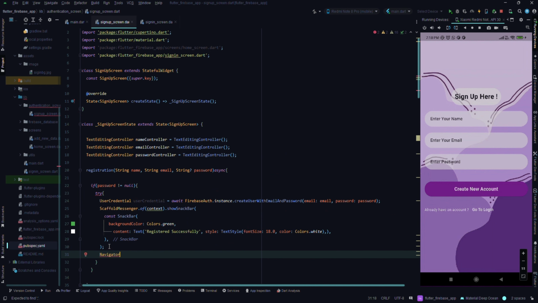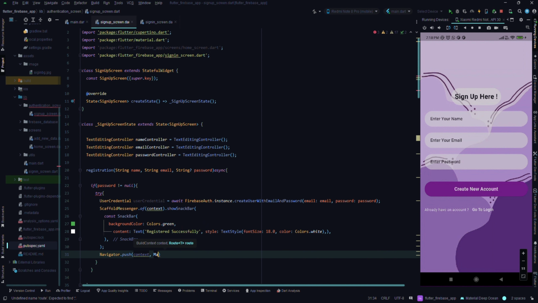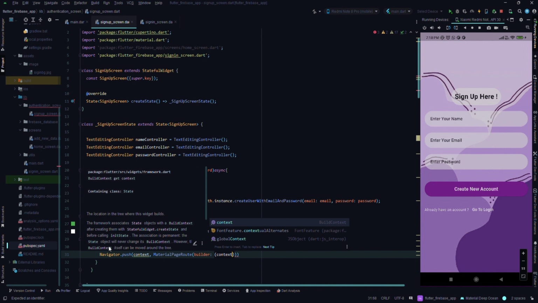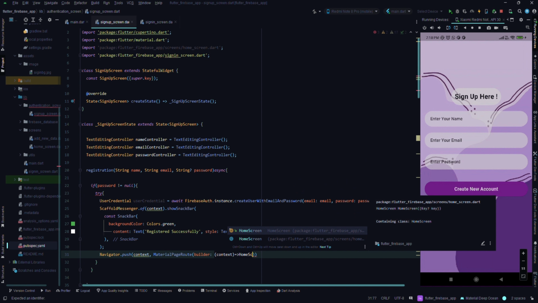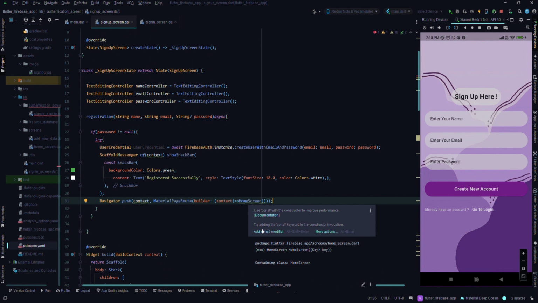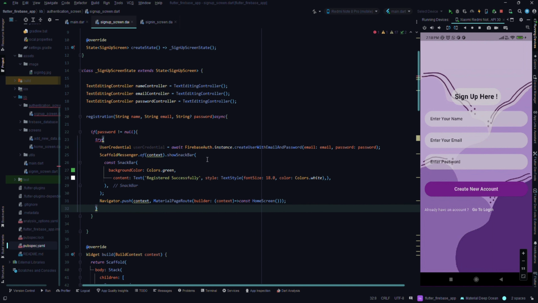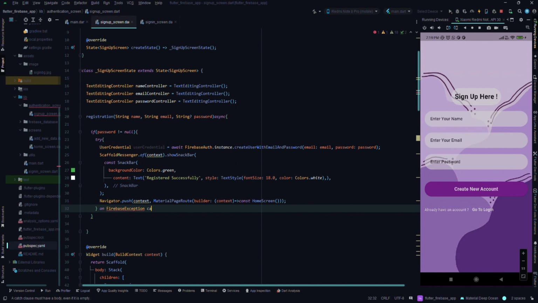And once it is registered successfully, then I will navigate to the home screen. So this is the navigation, and after that let's handle exceptions. So on exception, FirebaseException, catch